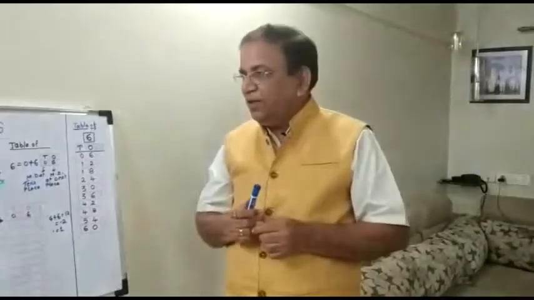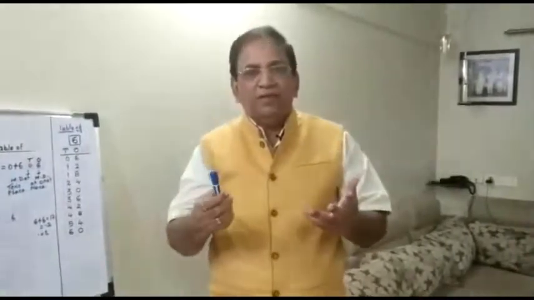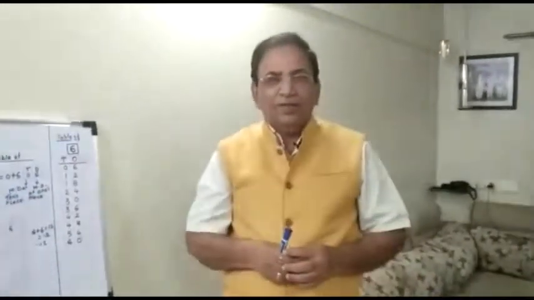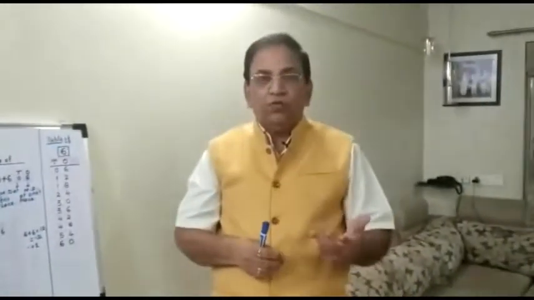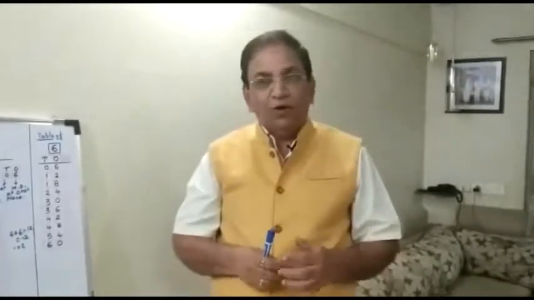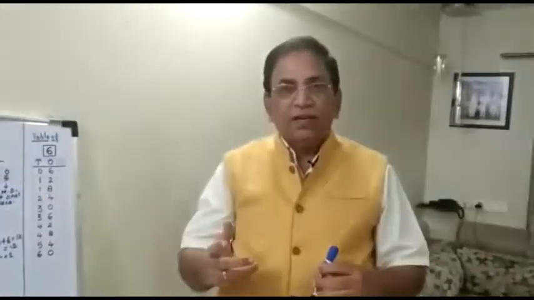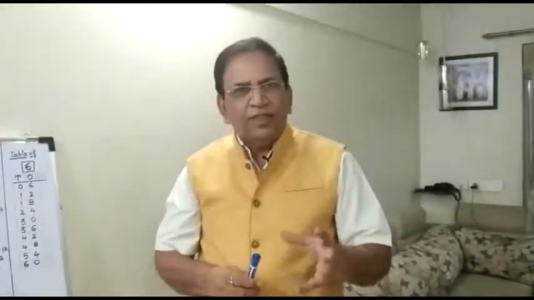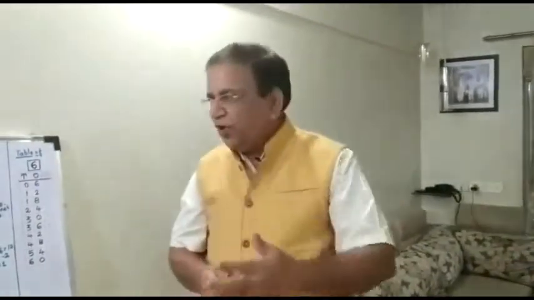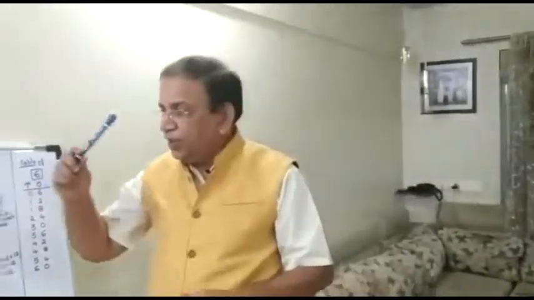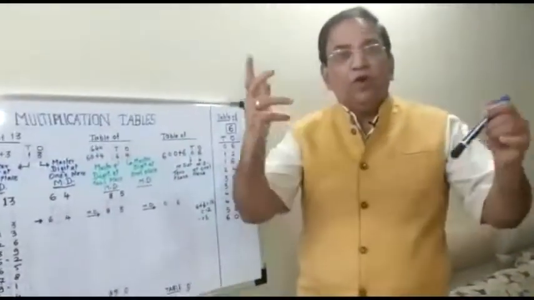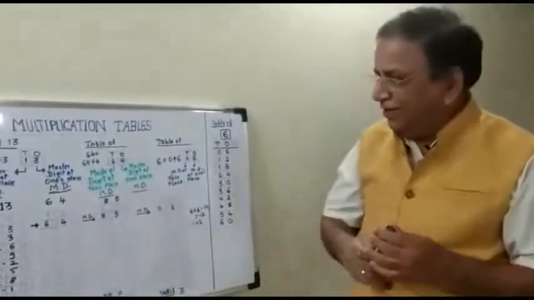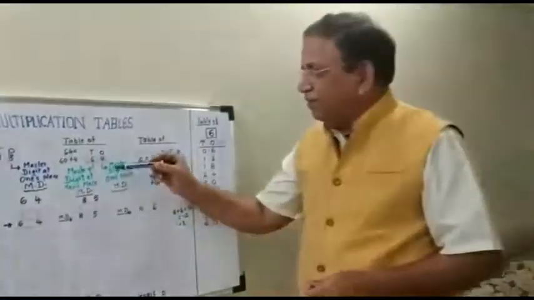Last time we considered how to prepare tables without memorization. We considered a two-digit table of 13. Okay, now let's take a still higher number, 23, 33. No, we'll go even beyond that. Okay, we'll consider a table of 64. Okay, fine. How to do that?